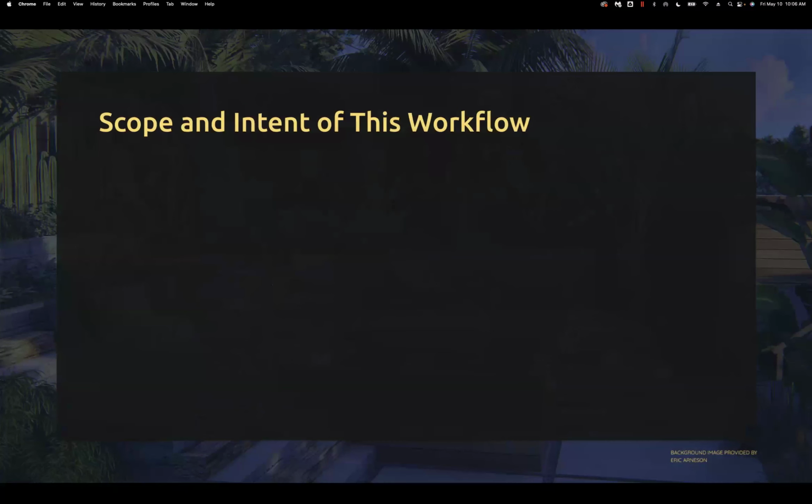All right, so let's discuss the scope and intent of this workflow. Speed, efficiency, and simplicity. Those are the three things that we're focused on. Like Jared mentioned, some designers might be working on as many as 6 designs in a day. And so they don't need all of the in-depth management of your sheets and organization and everything like that. You're just going to be focused on getting these done as rapidly as possible. This is going to be geared more towards smaller jobs, residential jobs, anything that's fast that you don't have the luxury of time on.